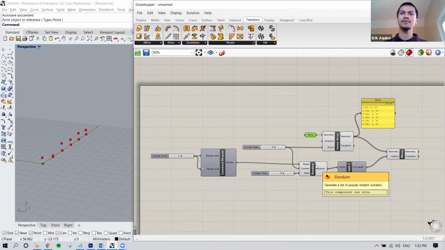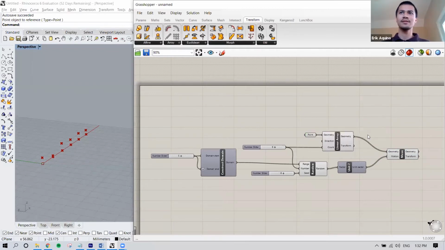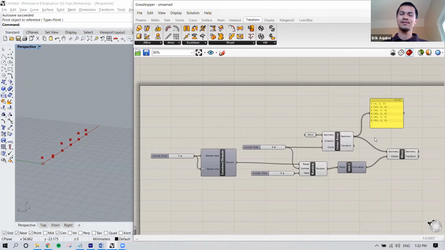You mean the panel, or the generated array of dots? No, not the panel. The random component itself. Okay. So if I were to disable this,